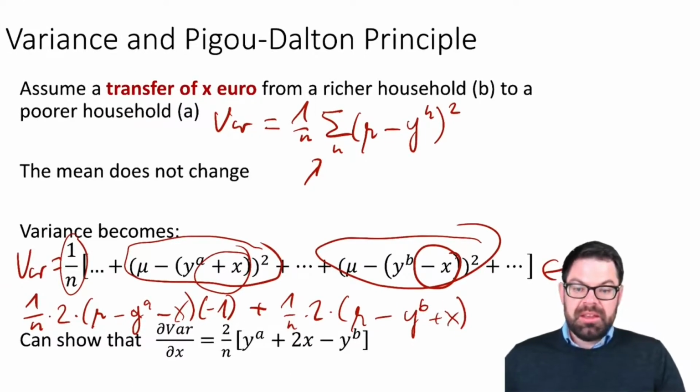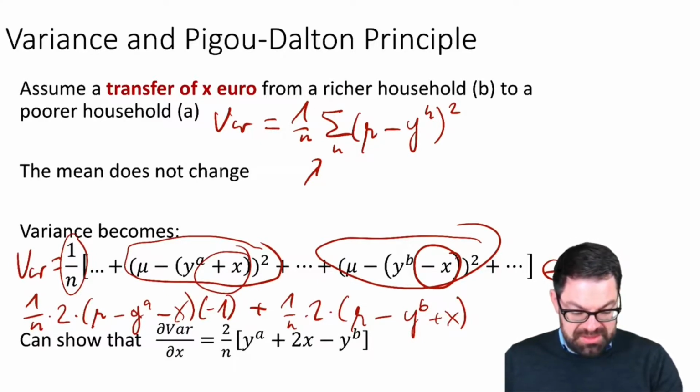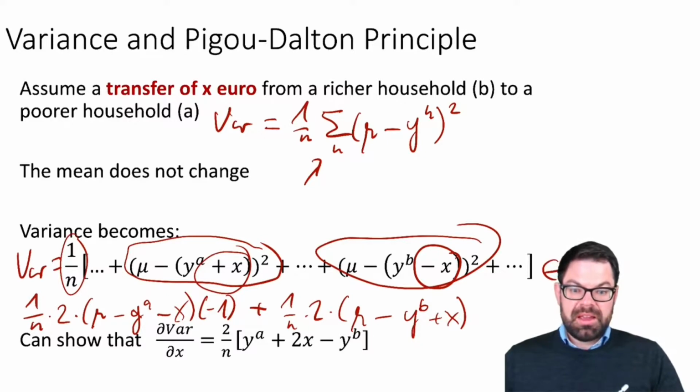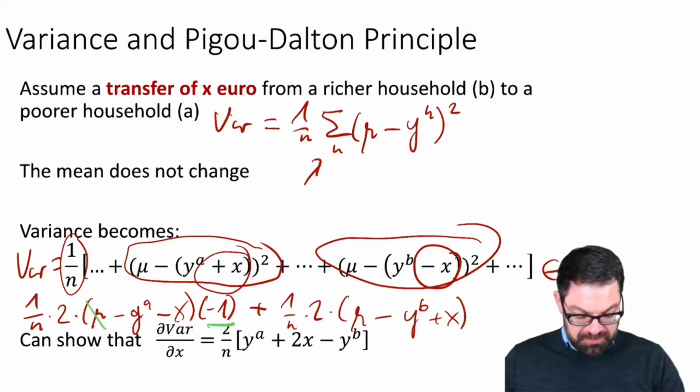Now, if we simplify that, what you will see is that the two means cancel out, because on the left we have -1 times the mean, and in the term on the right we have +1 times the mean. If we add the two of them up, they cancel out. So all we're left with then